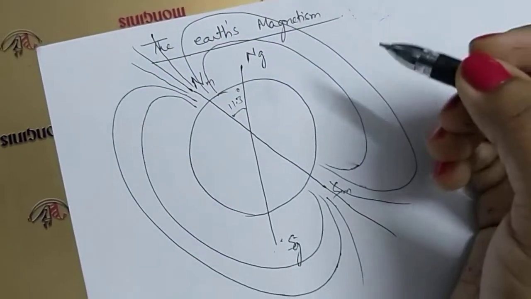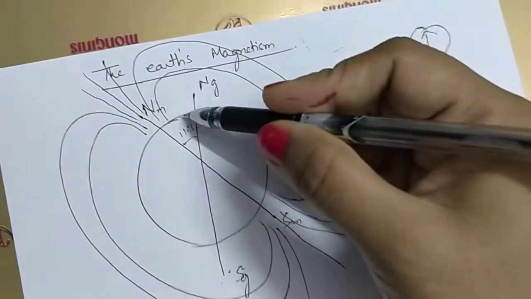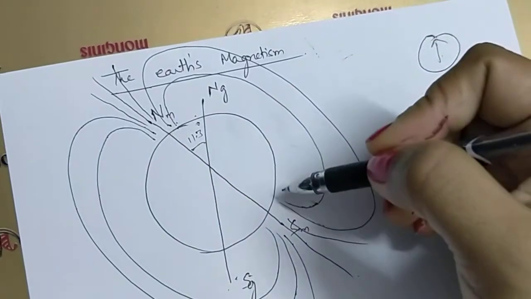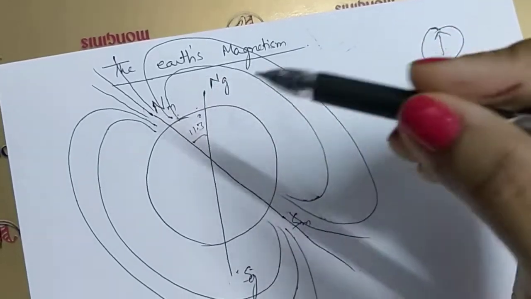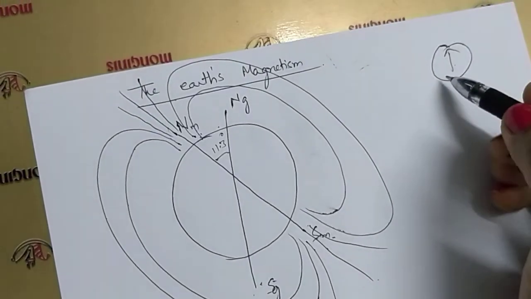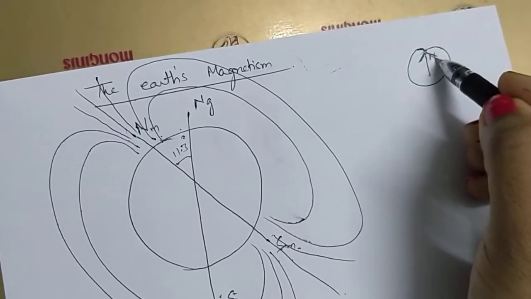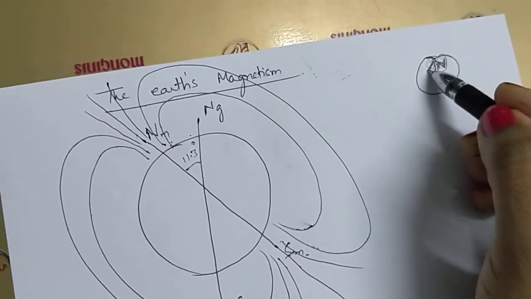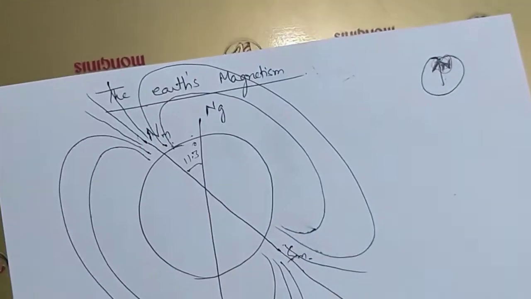If you see a compass needle, you will have seen the pointer always points towards the North. So when you do the experiment, the pointer will always point towards this side, towards this point, not away from here. That is why we call this the North magnetic pole, and this one the South magnetic pole. But actually you know that this compass needle itself is a magnet, and this side is the north seeking side. This is N, the north seeking side, so it will point towards the north direction only.